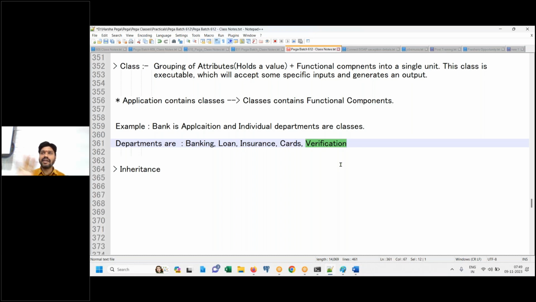It doesn't initiate any transaction. But still, it is going to do something or not? What does it do, you tell me? What does the verification department do generally? They take the information from the bank. They will go to your home address and verify whether you are staying there or not. They will make a phone call to the office and ask them whether this person is working or not.